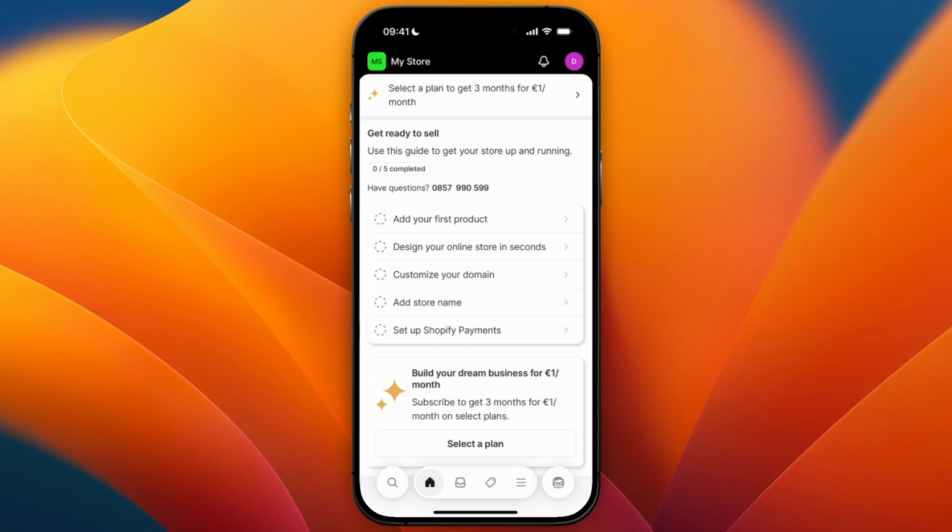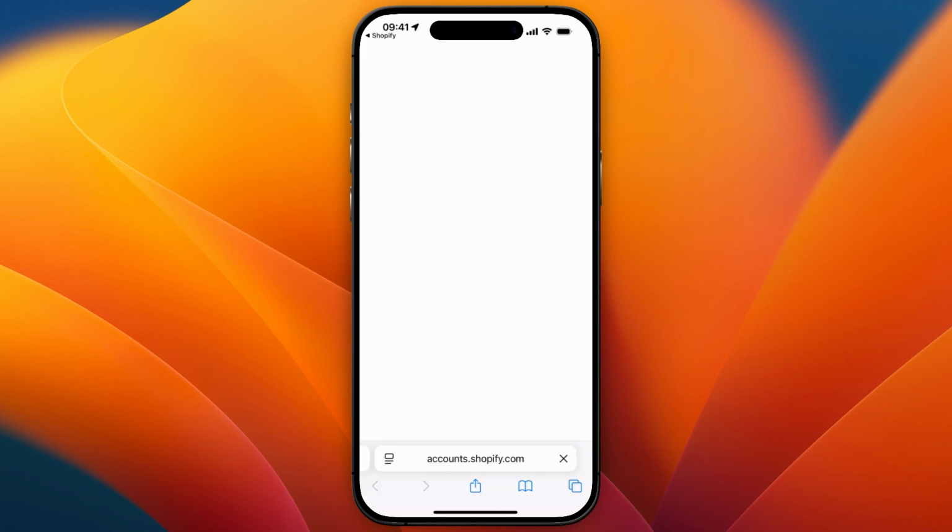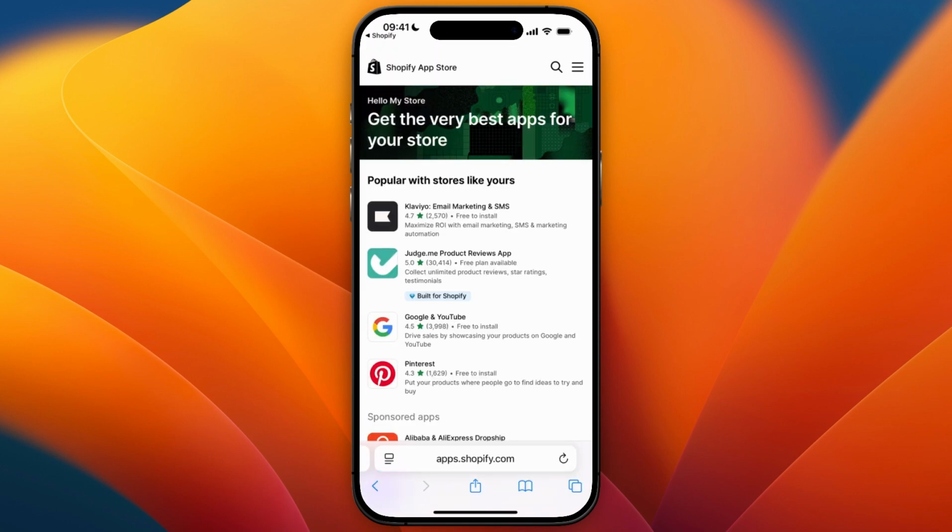In this video, I will show you how to connect CJ Dropshipping to Shopify on your phone. To do this, simply open up the Shopify app, and what you want to do is click on the three lines in the bottom, and then scroll down until you see apps. From there, click on plus, and then here just sign in with your account,